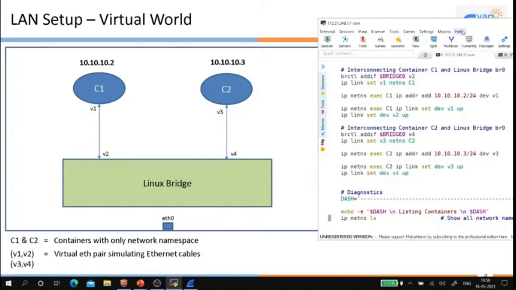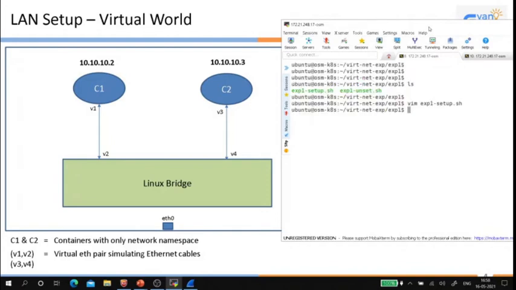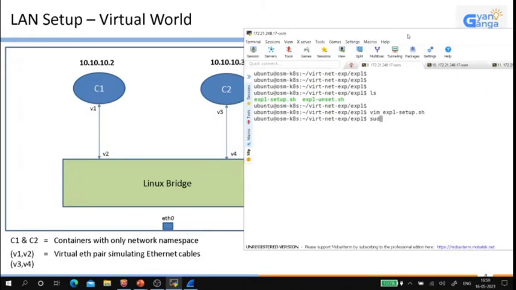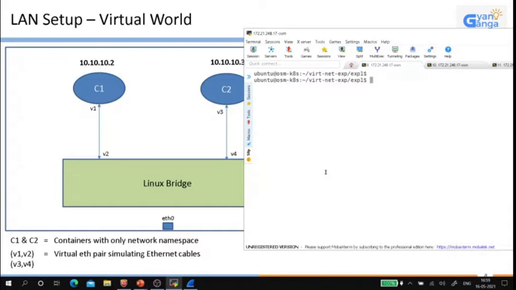Okay, now we will go and execute this script. It needs to be run with sudo. Yes, it is dumping some logs that we will not worry about now. We will inspect one by one. First, we will see whether the network namespaces or microcontainers are there.